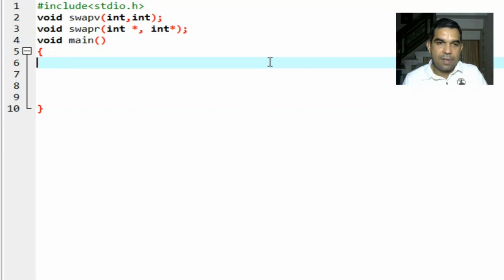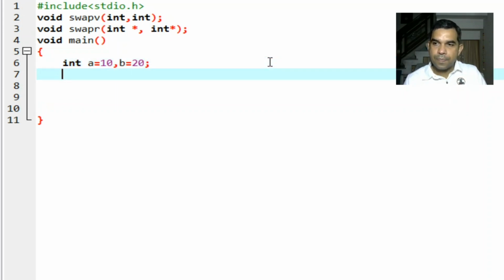Let's see. We start with the declaration of two variables. Let a is 10 and b is 20. So we initialize this.